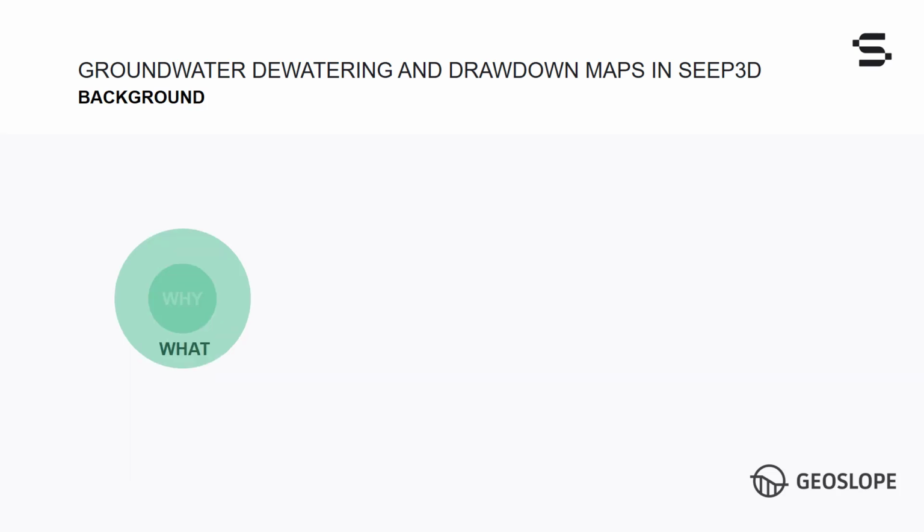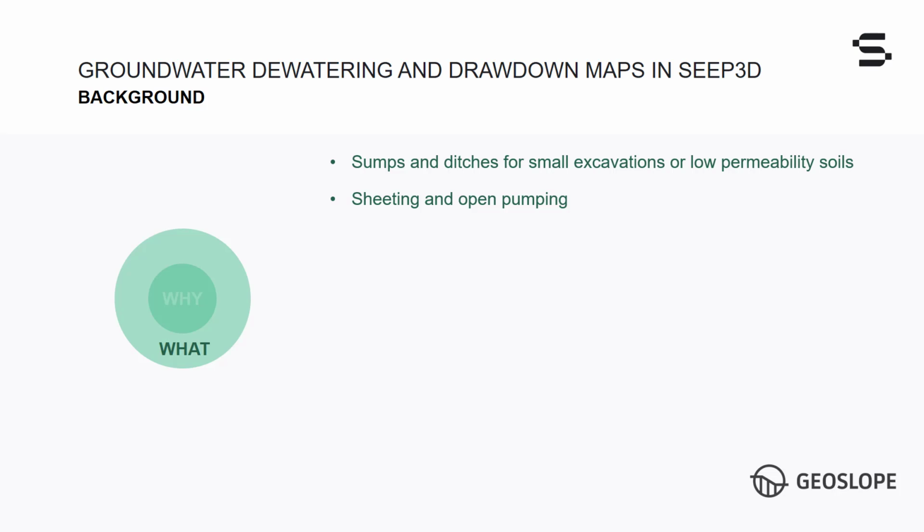There are many types of dewatering systems. Some of these systems are quite old and were introduced prior to the advent of modern well installation techniques and pumping apparatus. These systems include permanent and less expensive structures such as sumps and ditches that are well adapted to small excavations or fine-grained soils, sheeting and open pumping, sheeting with deep well sumps, which are now mostly replaced by wells with screens, and more recent techniques, which include